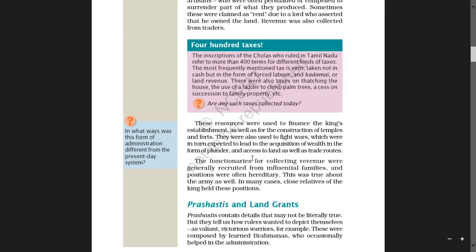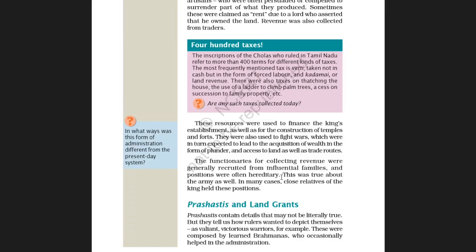The functionaries for collecting revenue were generally recruited from influential families and positions were often hereditary. Influential means powerful, okay?